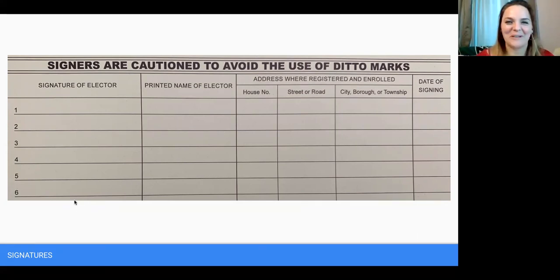Chelsea, did you have something you wanted to? Hey, yeah, I'm going to tap in real quick. I just wanted to say two things about this part of the page. Blue or black ink, people need to be signing in. Don't have them do pencil, red pen, nothing like that. Just your standard blue or black ballpoint pen.